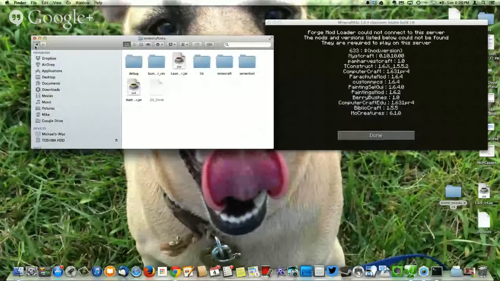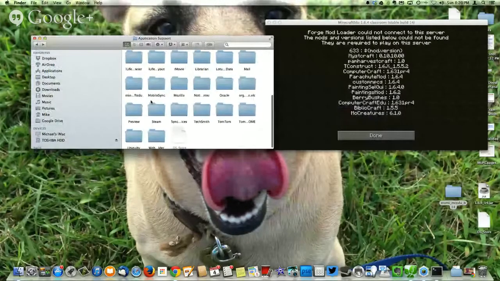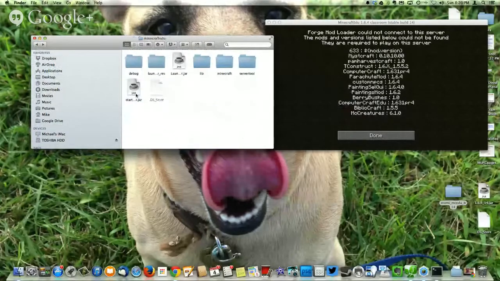So the actual place to copy it into would be, okay, let me think about this. It would be under application support, Minecraft EDU, Minecraft. You would paste it right in there, and then it would replace the existing mods folder. If you look on my screen, I'm in the application support, so I go to Minecraft EDU, then double-click Minecraft. Nope, I wouldn't even go into there. Come back one step. Paste it right there and replace the existing one.